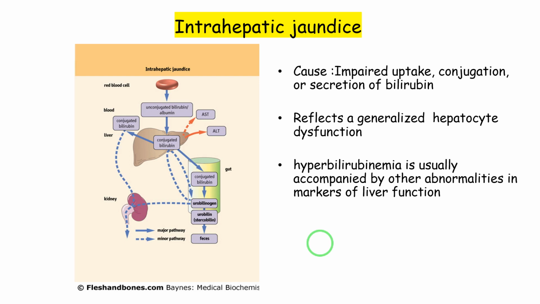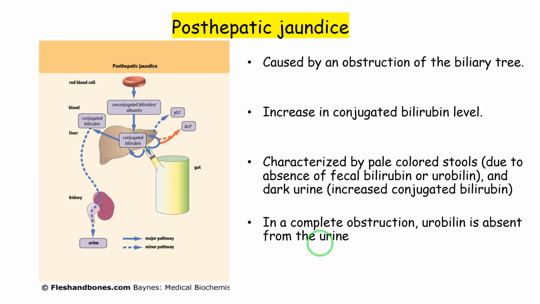And the other type, and usually this type, is accompanied by abnormality in the liver function test marker. The post-hepatic, in this case, there is no overproduction of bilirubin, and the liver processing of bilirubin, the uptake, conjugation, and the excretion is normal, but there is obstruction that prevents the bilirubin from reaching from the liver to the intestine,